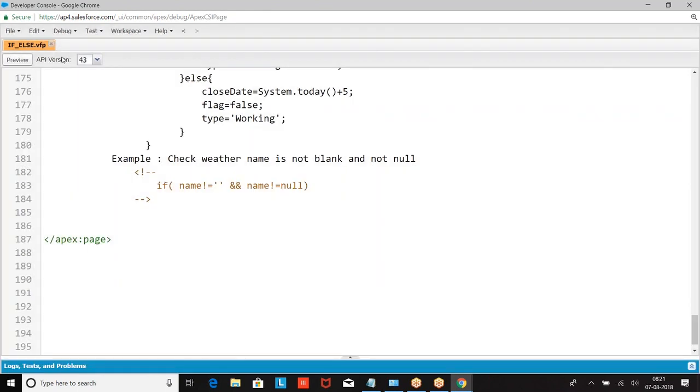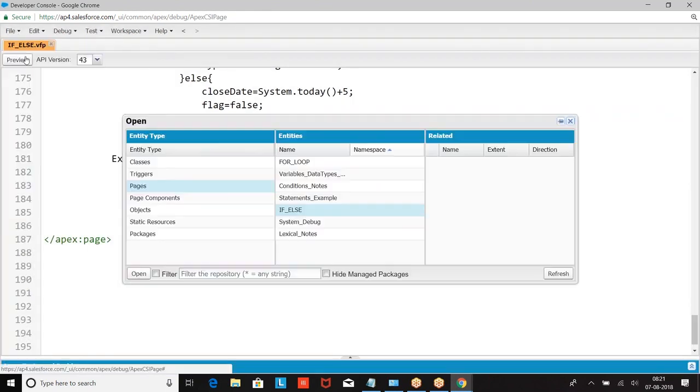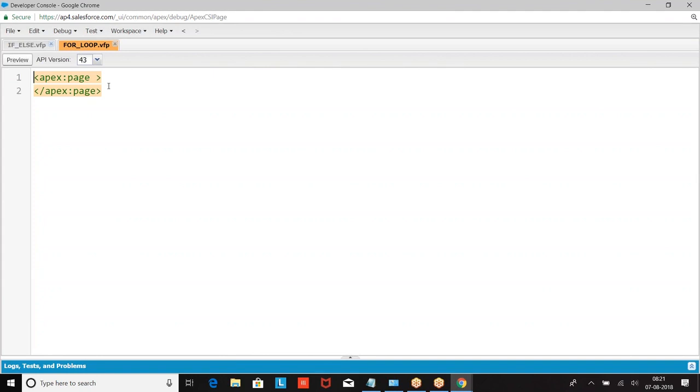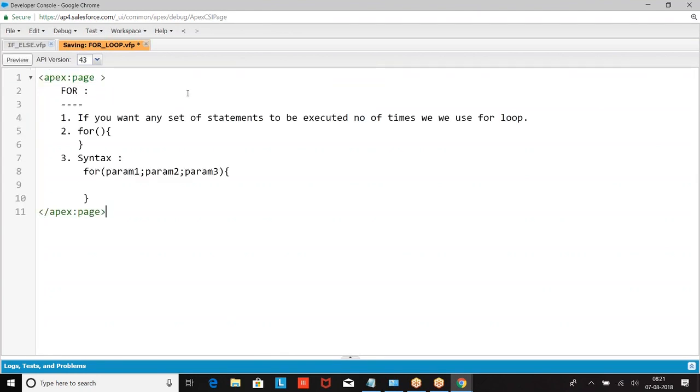That is called initialization. What we call it as initial value. So initialization is called param 1, parameter 1. This will specify the initial value of the count.